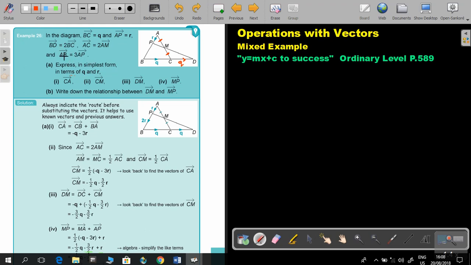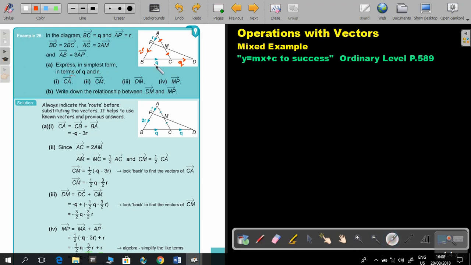And AB equals 3 times AP. So if this is R, then this one will be 2R. Express in its simplest form in terms of Q and R,